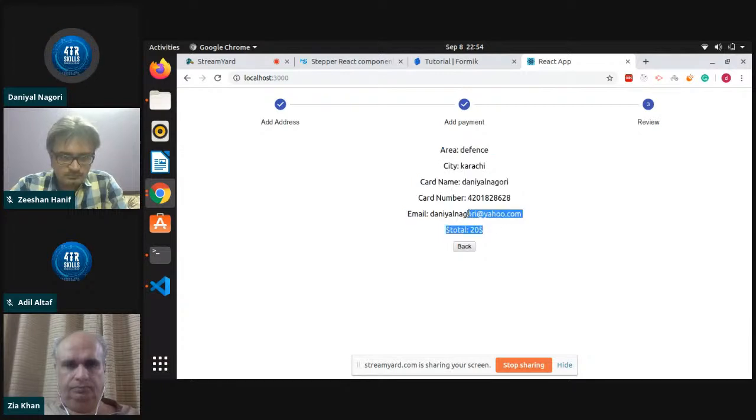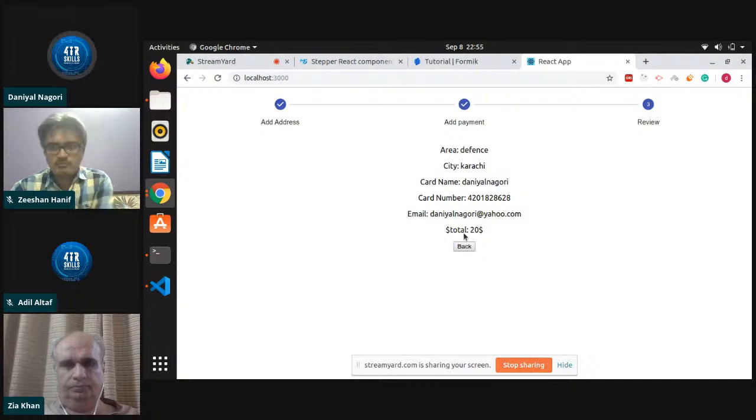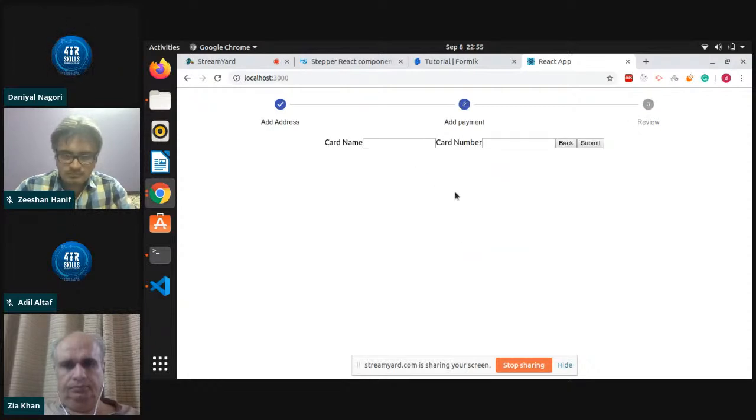But let's suppose here we have a submit button, and on this submit the data is submitted on server or on database. Before that I just thought, oh, I made some mistake in the payment component. So how can we do the change? We have a back button in a stepper form, and here